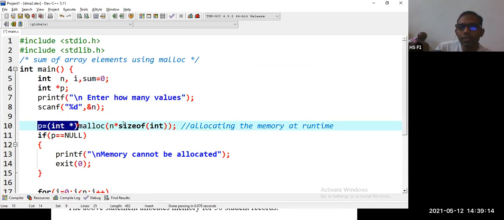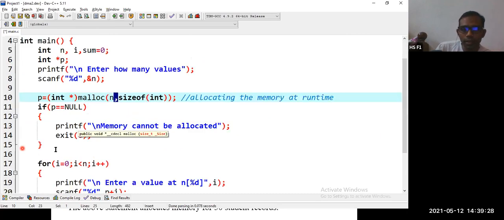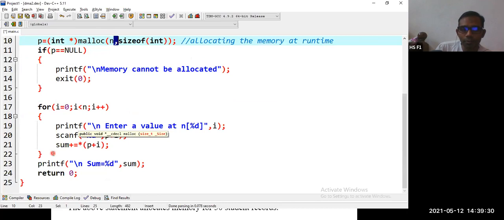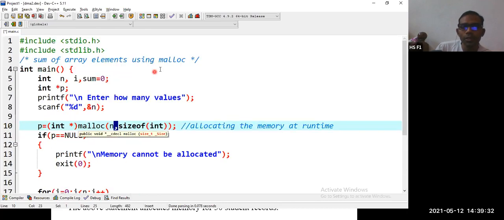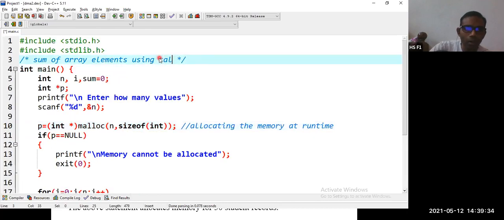There is only a change in this particular line. What is the change? Here you have the asterisk symbol, make it a comma. That's it. The asterisk symbol is converted to a comma. Then the same concept. So here change malloc to calloc.